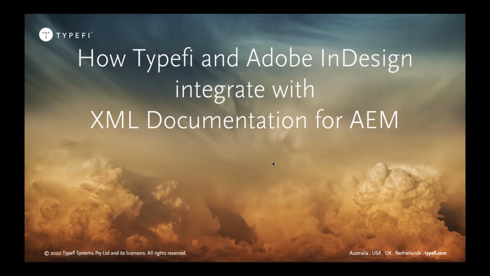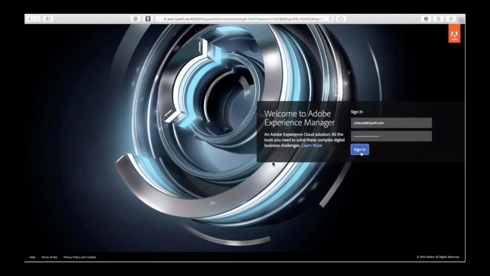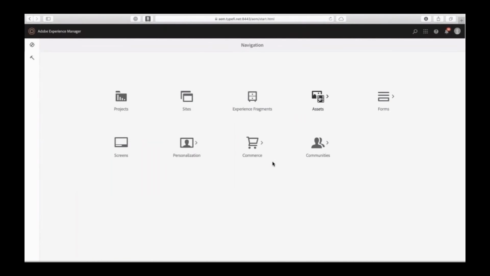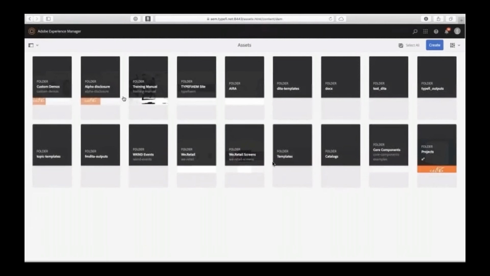This solution uses data as the source content and is a component CMS. So working with Adobe Experience Manager, Typefi is focusing on the assets. So within assets, we have several example demos, and I first will show you the marketing document.